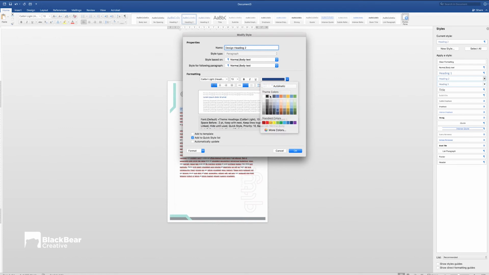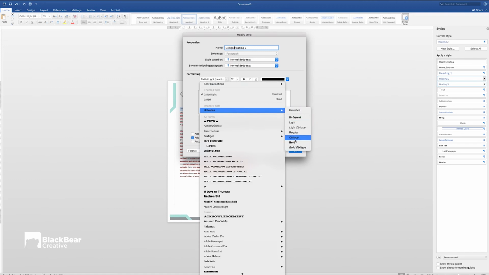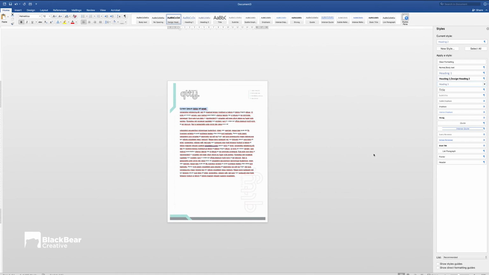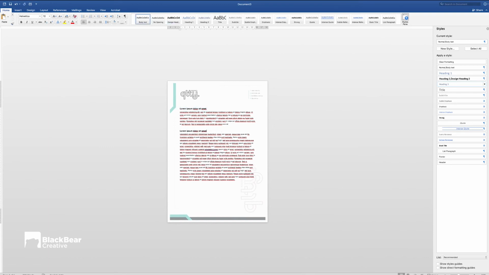We're going to change the color to black, keep it nice and simple. We want this heading to be a little bit bigger, so probably we'll go 12 point. Helvetica bold, nice and big so it stands out, and that should be okay. Add that to the template. Okay, and there you go. So we'll just add another subheading here, just copy and paste, and that's pretty much set up, ready to go to use.